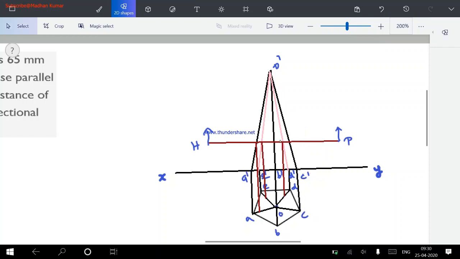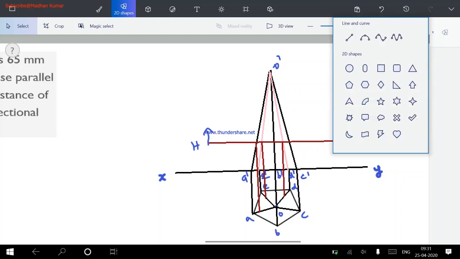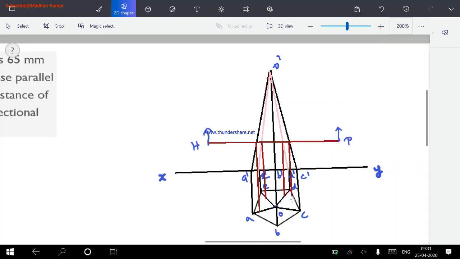since O dash B dash is parallel, right? And then here it is also intersecting. We don't know the meeting point, where exactly the section plane cuts through the top view edge, right? So we are moving on to O dash D dash. So I have completed O dash D dash, and then the sectional plane intersection on OD. And similarly, I am going to introduce O dash C dash. This O dash C dash cutting edge meets on the OC edge, right? Now I have completed this particular cutting edge